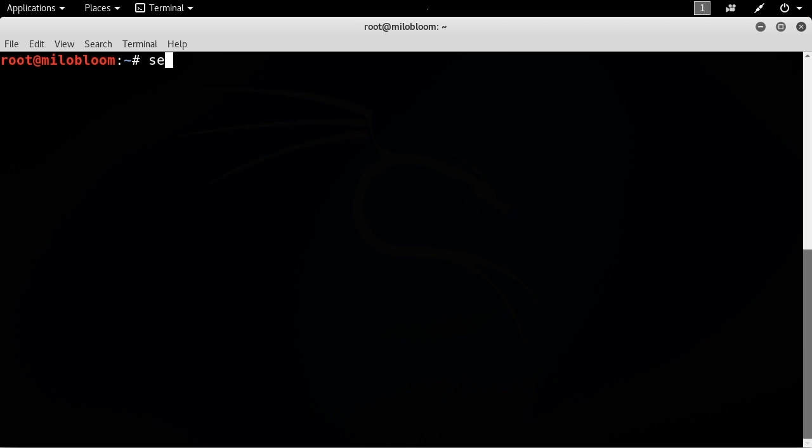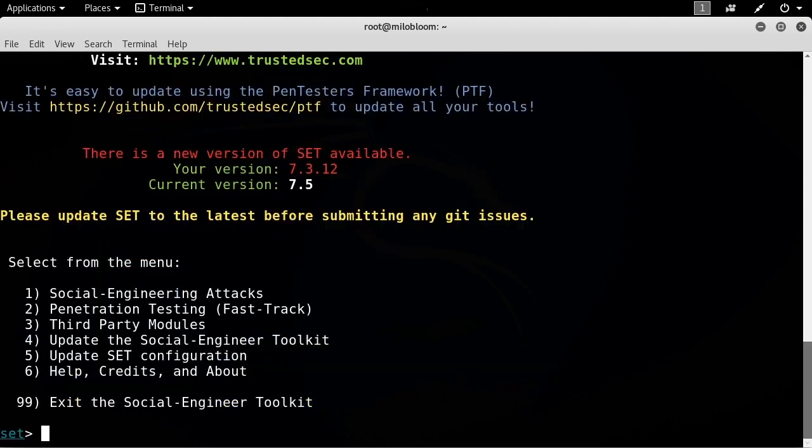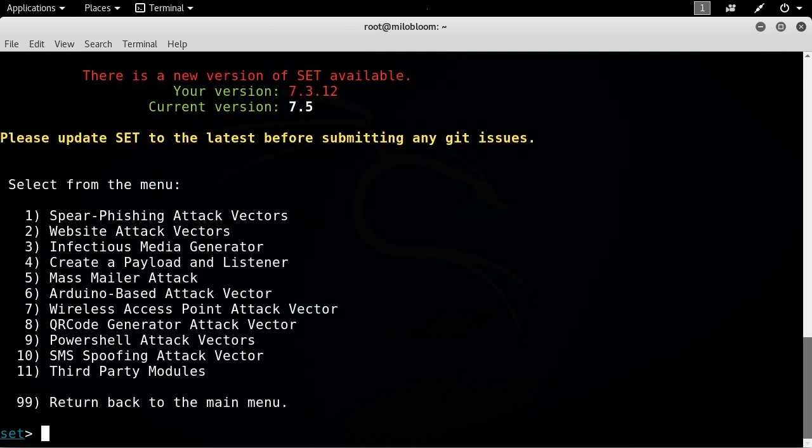Earlier on, we had talked about doing social engineering, and we can do social engineering using the SE Toolkit. SE Toolkit, similar to Armitage, sits on top of Metasploit and it uses Metasploit modules in order to function. So I could do things like social engineering attacks, and let's just say we're going to do a spear phishing